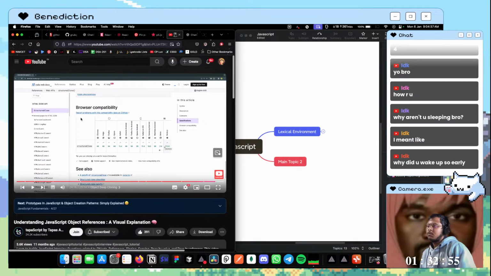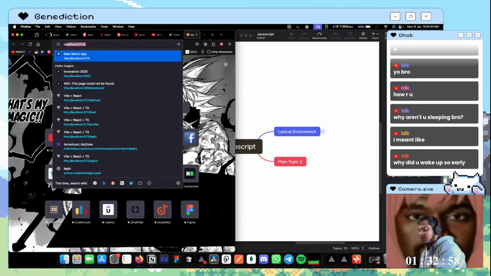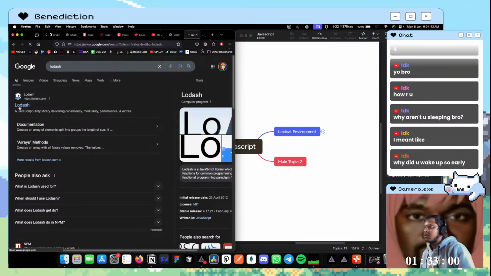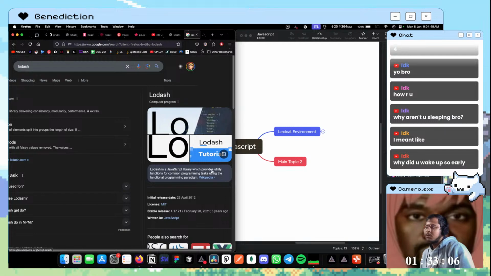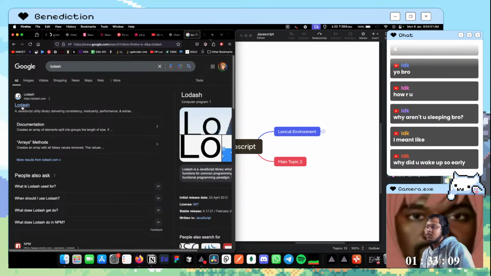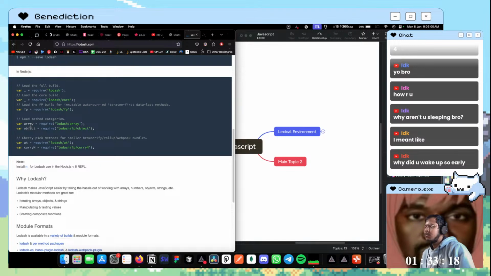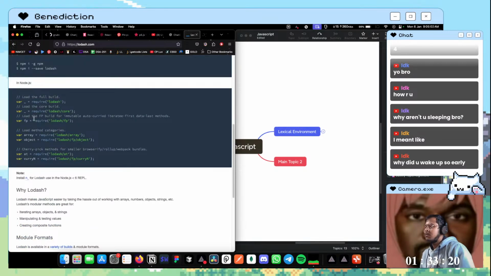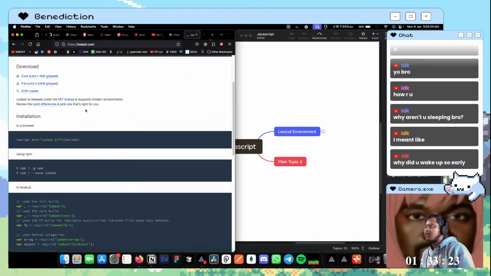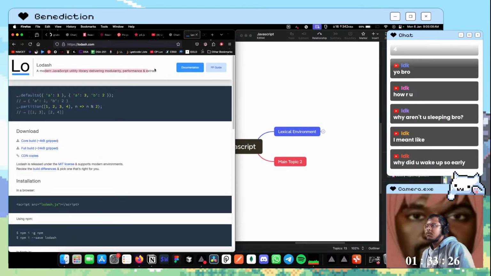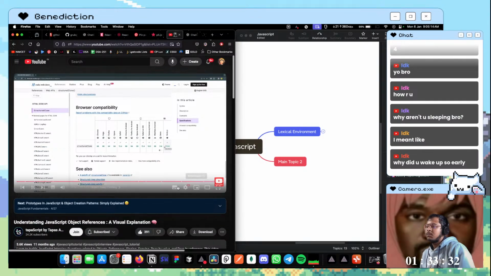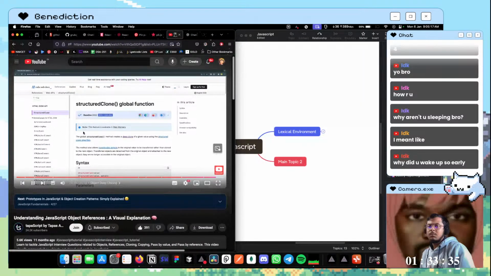So if you are using a modern browser, you can always use structuredClone and can read more about it. The link is in the description of this video.